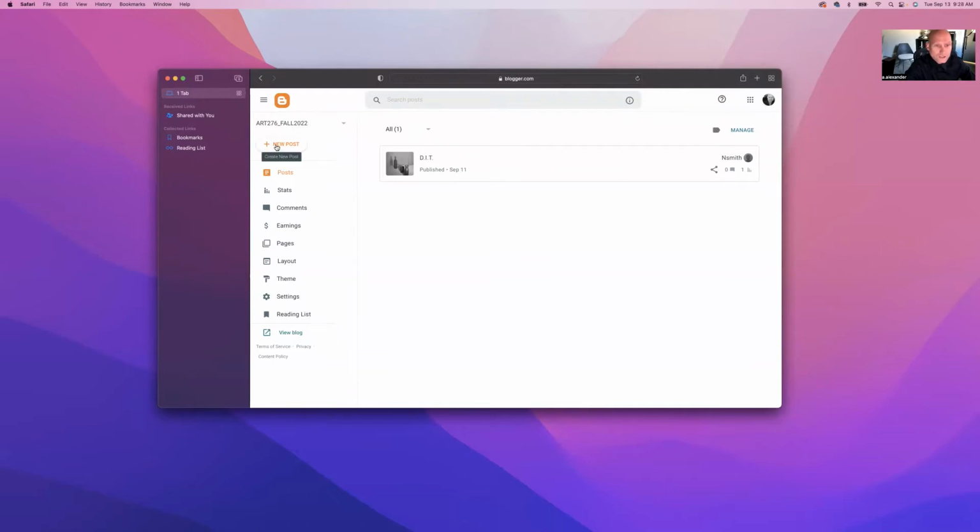Right below it, you see new post. This is designed not to be complicated. It's designed to be relatively simple. So when you're ready to post, you go to new post. So you say create new post, and what will happen is, as it's creating the new post, we'll give it